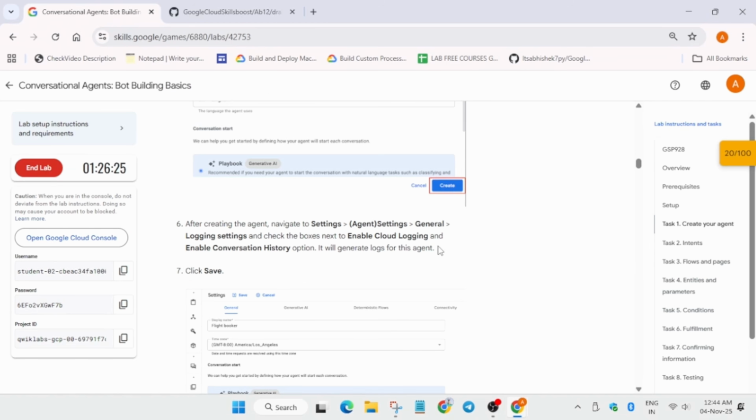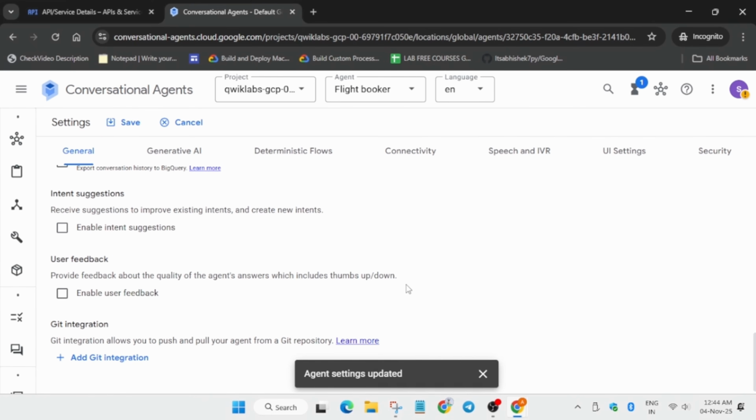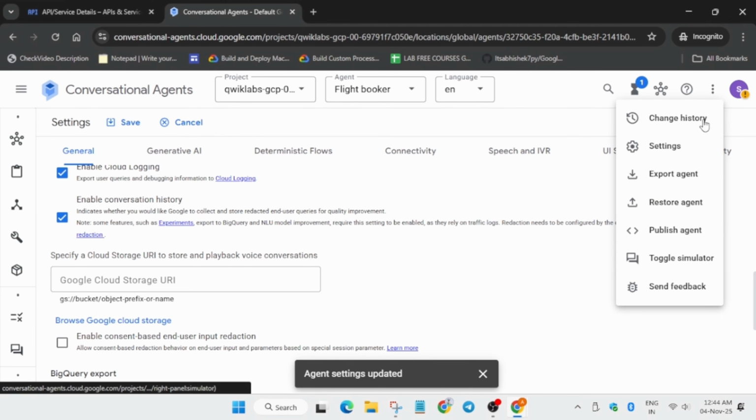Now just save it. Now in the description box I've shared this file. You have to download it to your local system just by clicking on download option. Now we have to restore the agent. Click on